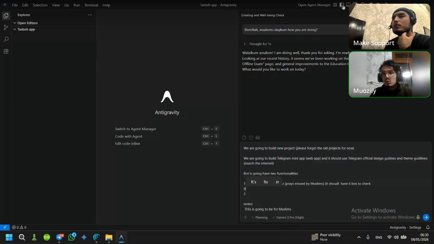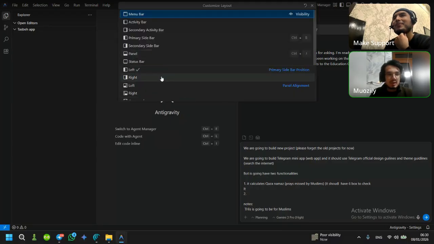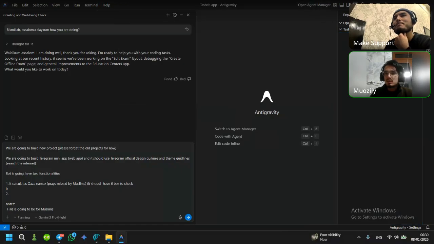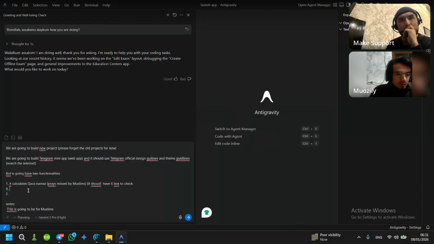And I will be moving the chat to the left side, right side, because we are recording on Telegram. That's why it might overlap with our faces. That's why I'm moving it here. So yeah,